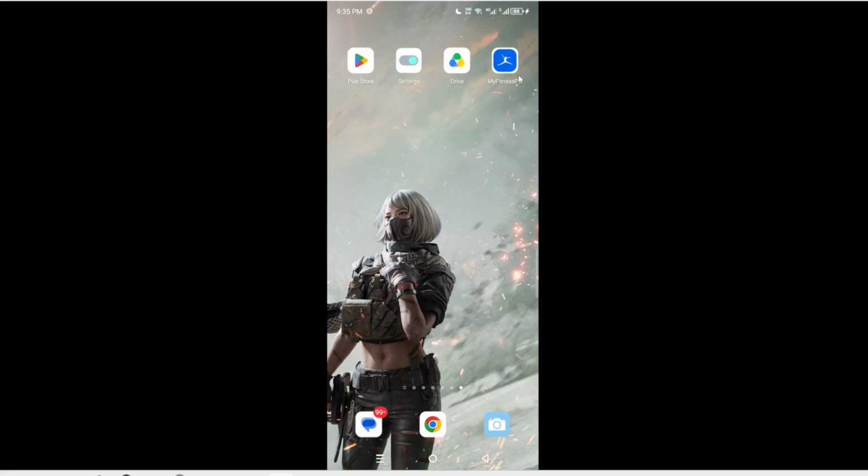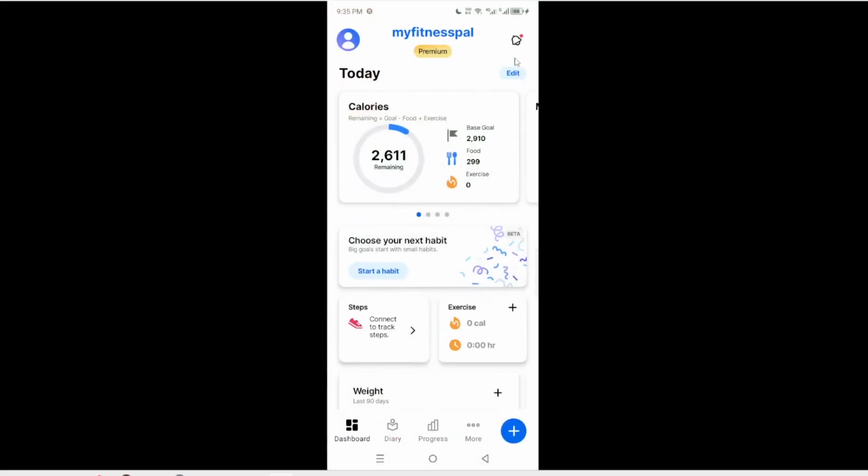First, launch the MyFitnessPal app on your device. When you open the app, you will see the home screen with your daily food diary and various options. This step is crucial because it sets the stage for all the changes you are about to make. You want to ensure you are using the most up-to-date version for the best experience. Once the app is fully loaded, you will be ready to navigate through its features.